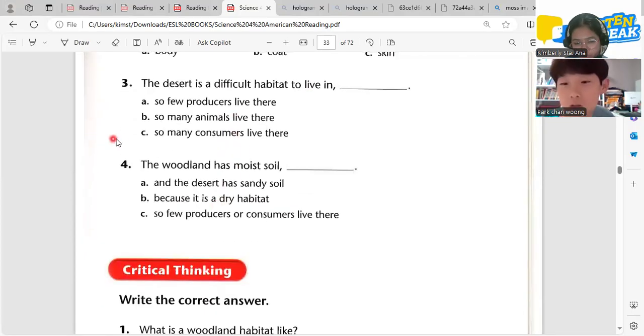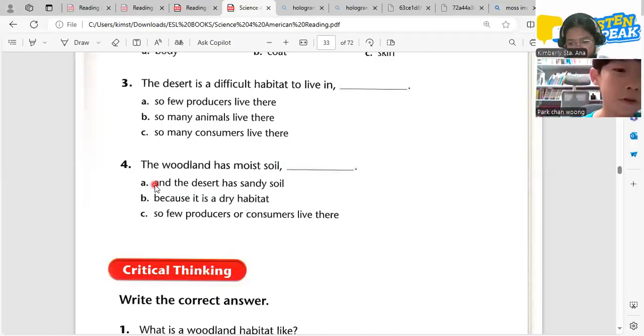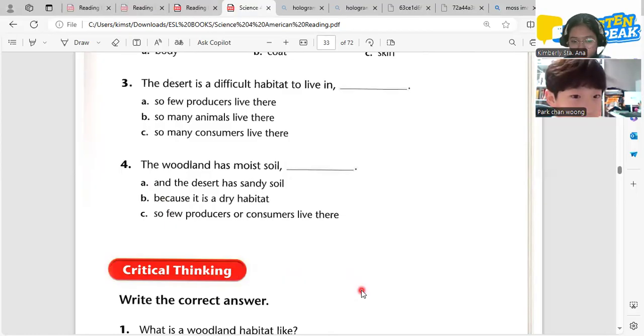How about the next one? The woodland has a moist soil. Because it is a dry habitat?